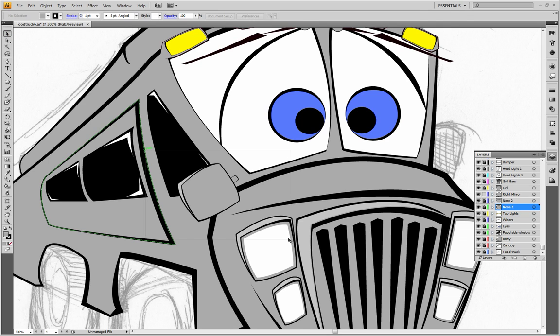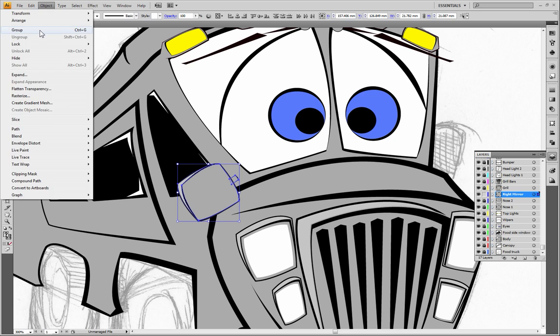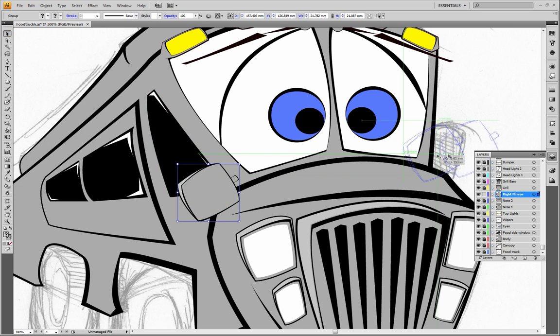Now I'm going to highlight these so I'm not selecting anything else. I'm going to go ahead and object group, take my alt key, bring that around. Let's go ahead and flip this around this way. And we're going to rotate this just a bit. Now this guy, to be honest, he's going to be behind here anyways. Let's make sure I'm not screwing that up too much. We're going to end up warping him. All right, I'm going to put him somewhere back here. And then we're going to actually